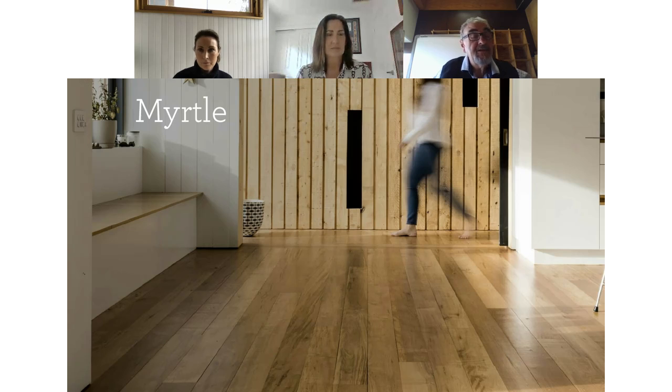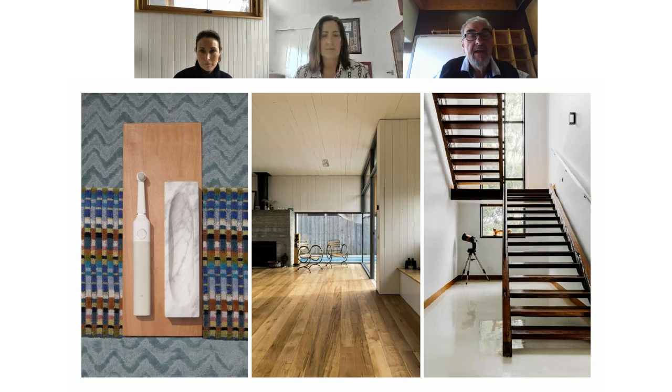Myrtle. This floor is actually, as I was saying before, this has come from the hydro wood resource out of the lake. As you can see, the beautiful natural linings on this shiplap mould on the wall through to the moulded flooring product. It's just stunning. Some of the colour palettes out of this is just unbelievable. And again, as artefacts, rails, stairs, all reclaimed timber, all fully certified and